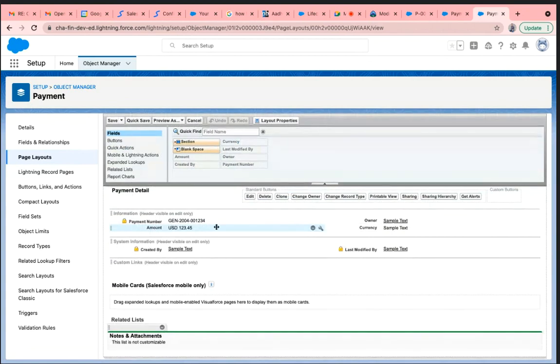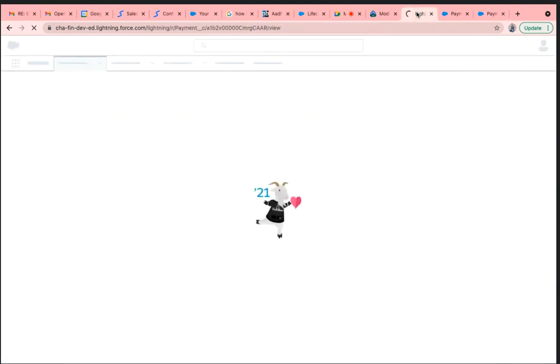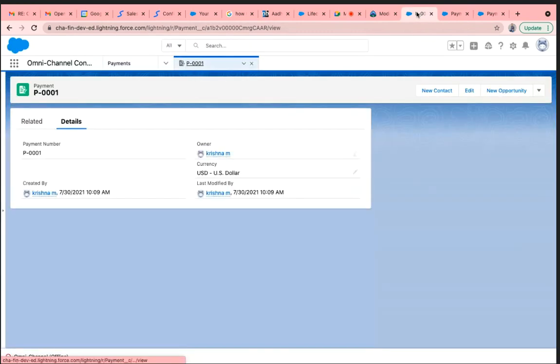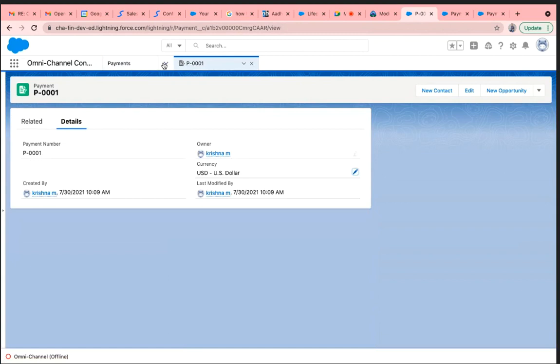So the field is there. It might reflect in some time. You can't see it in the existing record, but let me try to create a new one.